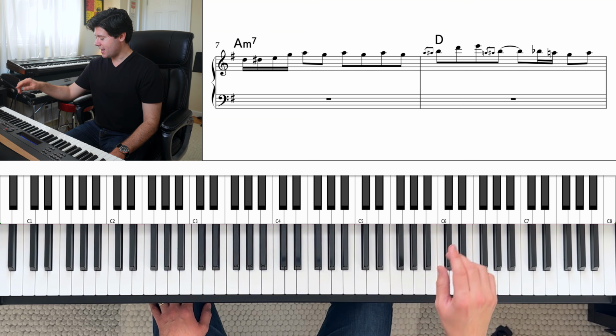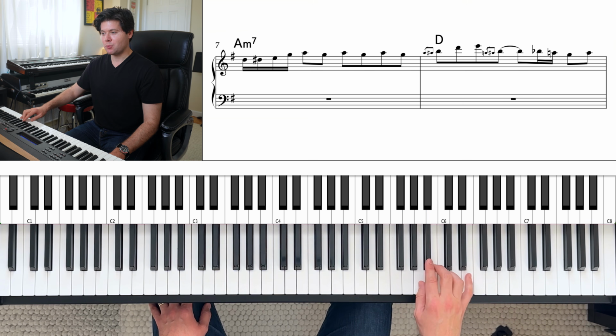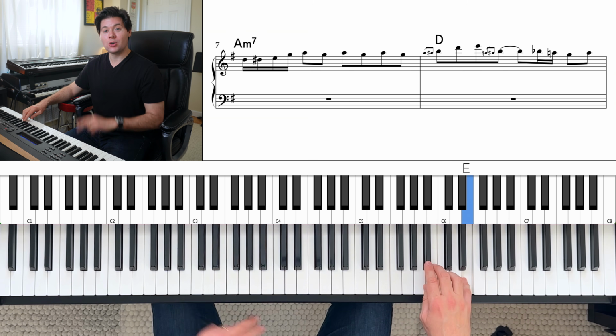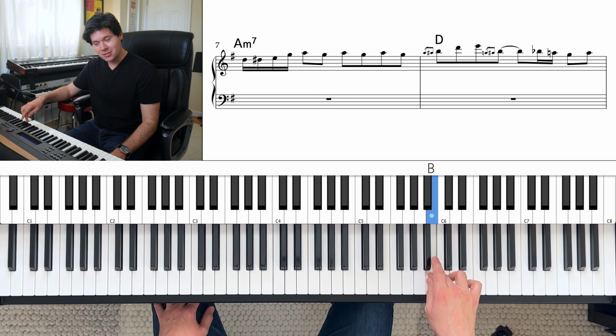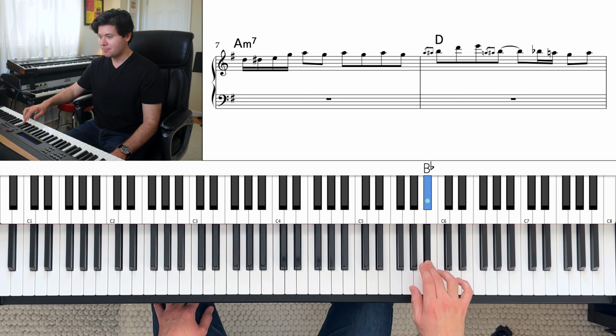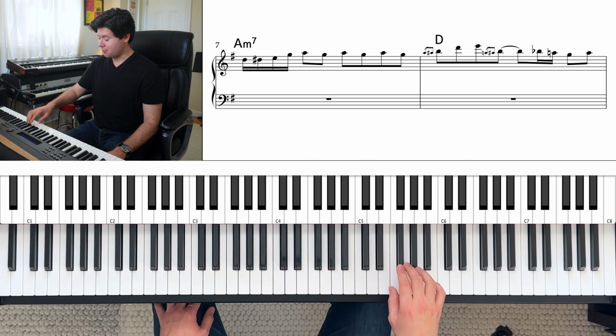And then move the hand up to A, and we'll play A, A sharp, B with 1, 2, 3. Reach up to D, E, and then A, A sharp, B quickly again, just like that. Now move the hand to 3 on B flat, and play B flat, A, G, A. So once again, that phrase was...